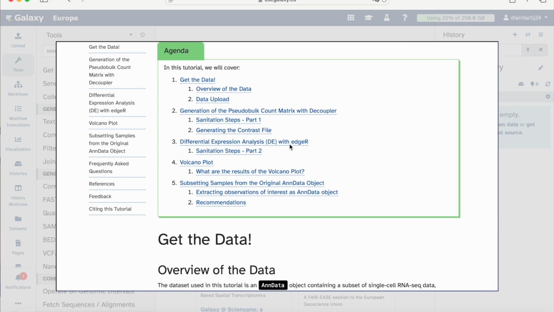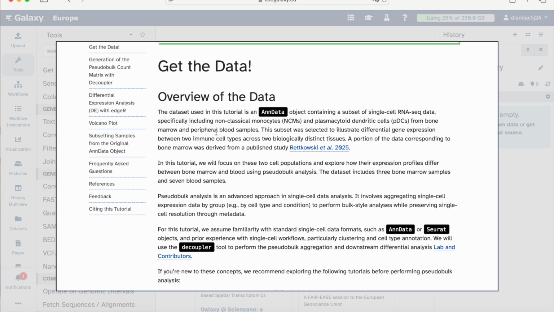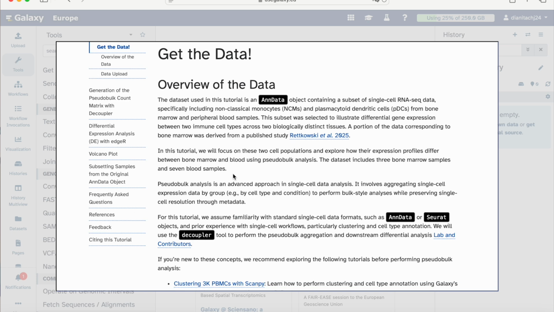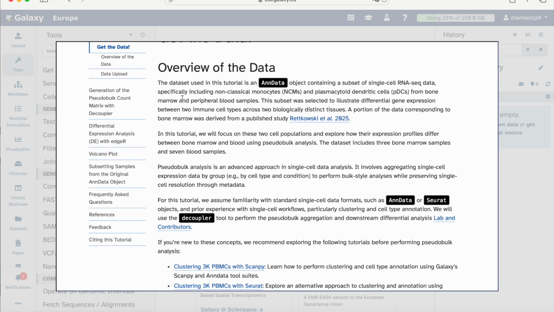What we will do is we will directly go into the get the data section of the tutorial, and here it details a little bit about what kind of data we will be using today. So the data format is an AnnData object. This is the type of data that you need for this tutorial, an AnnData object. And our AnnData includes immune cells. In this case, we have non-classical monocytes and plasmacytoid dendritic cells from two types of tissues, bone marrow and peripheral